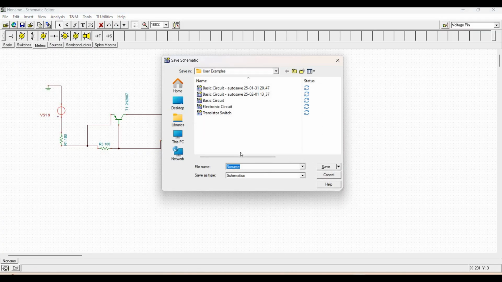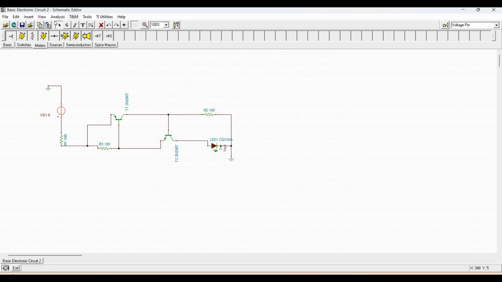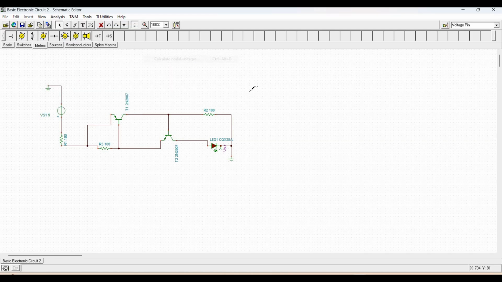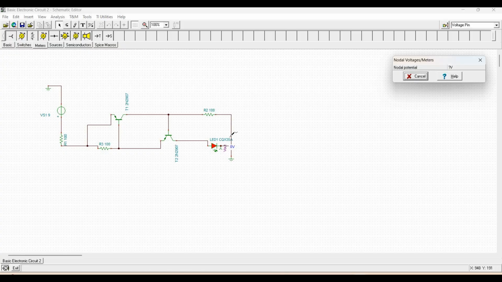Now we will save this particular circuit as a basic electronic circuit and click on analysis. So we need to perform the circuit analysis and we will select the DC analysis and calculate the nodal voltage. We can see the LED is turning on and the voltage of LED is approximately 1.5 volt for this particular